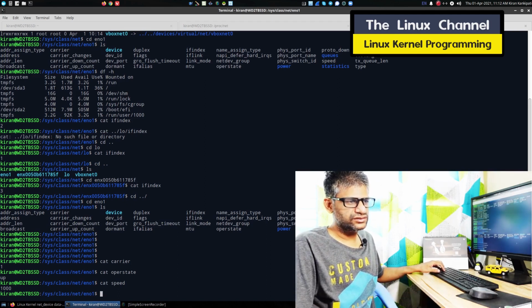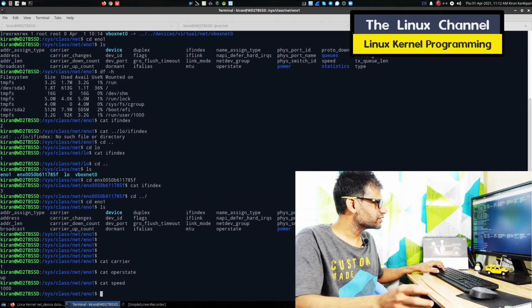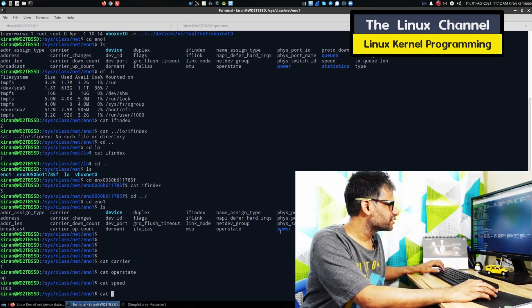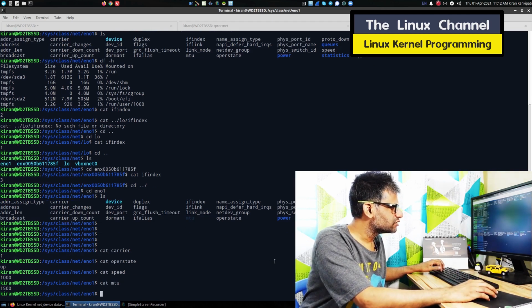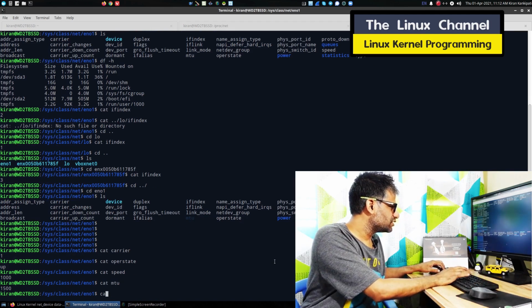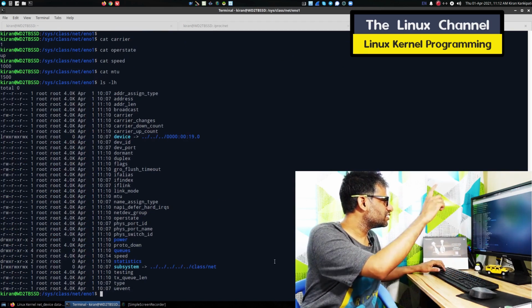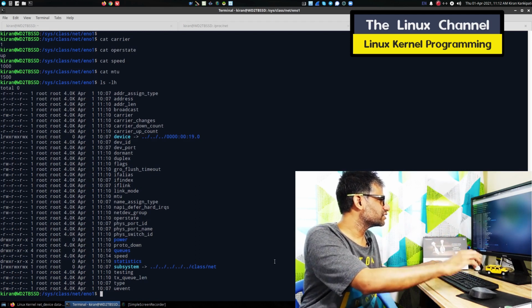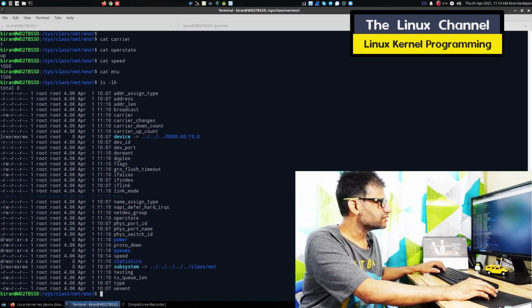Of course, if you connected to some 100 Mbps stuff, it should show that corresponding speed. Other than that, there are interesting things like the MTU. When it is exposing this, you find which are read write and which are just read only. In the case of MTU, we should be able to change the value, so it is read write. Some are just read only.